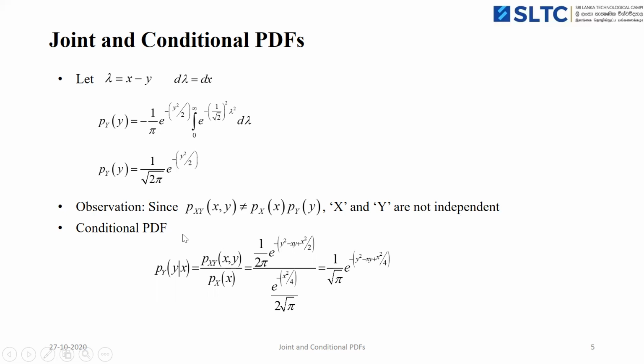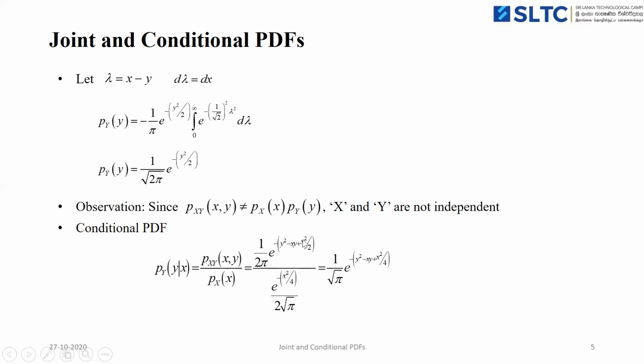So we can find out the conditional PDF function also. The conditional PDF of y for the given random variable x is equal to the ratio of p of x comma y, the joint PDF, divided by p of x. It is the marginal PDF of the random variable x. So already we know the equation for the joint PDF and the PDF of the random variable x. In the denominator, e power minus x squared by 4 is there, so we have to subtract the e power minus x squared by 4 in the numerator. So we can take this term outside.